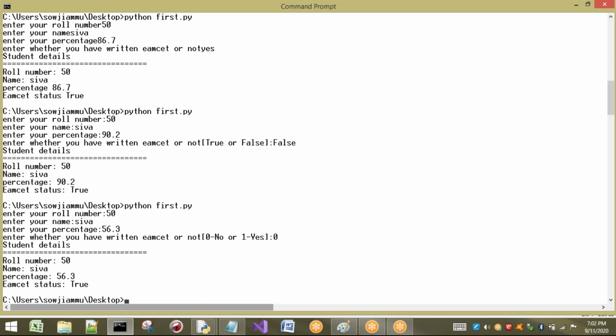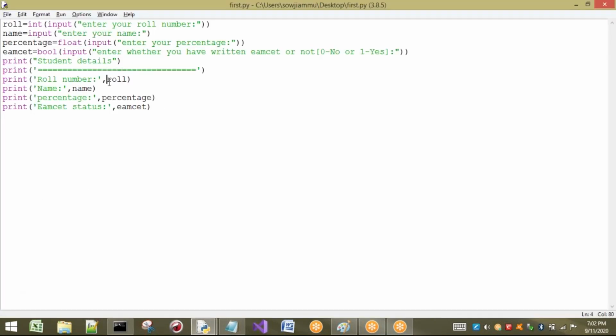So this is about how to convert different types into our own types. Okay, right. Tomorrow we are going to see how to take multiple inputs, or how to evaluate an expression in a single line. In a single line I will take multiple inputs, and also I will evaluate an expression which is not known initially. So we are going to see the function called eval in tomorrow's class, and also we will discuss the remaining print function in tomorrow's session. Thank you.